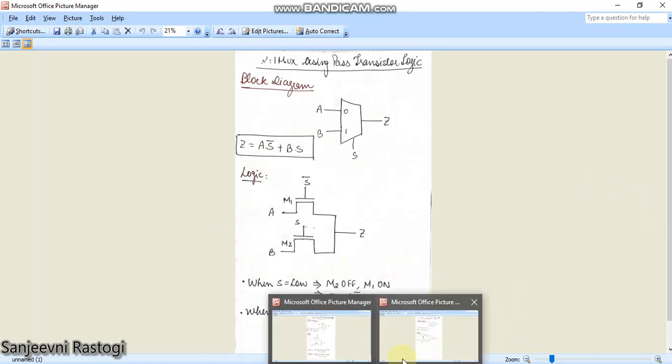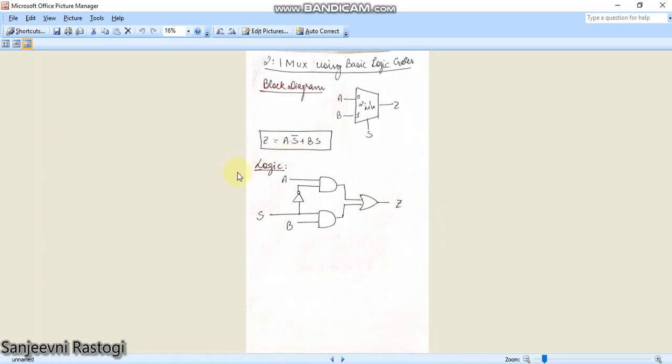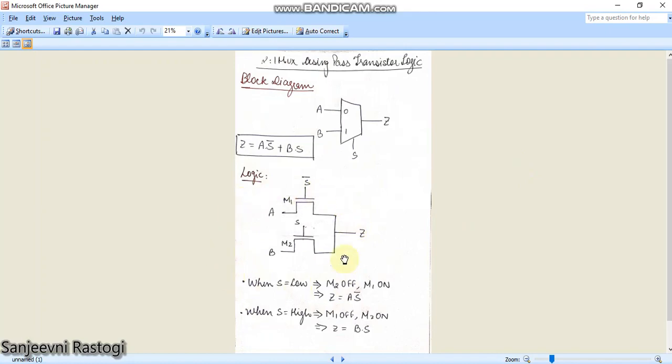Now a question may come in your mind that this is how we had designed using basic logic gates. You can also design it using CMOS logic. But if you go and see my previous videos where I have designed AND, NOT and OR gates using CMOS logic, you will understand how many PMOS and NMOS transistors we will require if we try to design a 2:1 multiplexer using CMOS. So to get rid of the excessive number of transistors and the redundant transistors, I am going to implement 2:1 mux using the pass transistor logic as shown here.